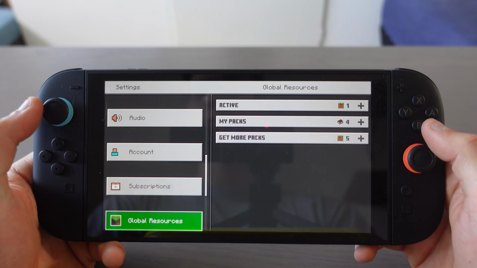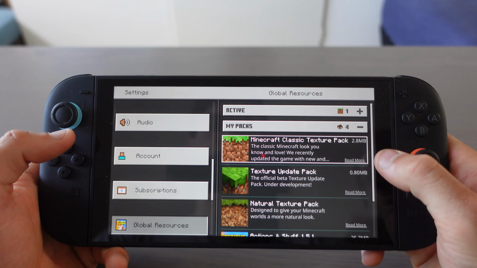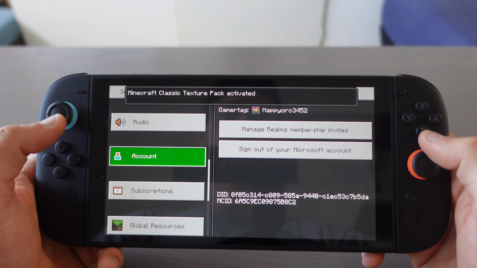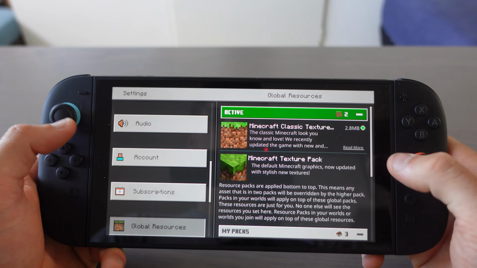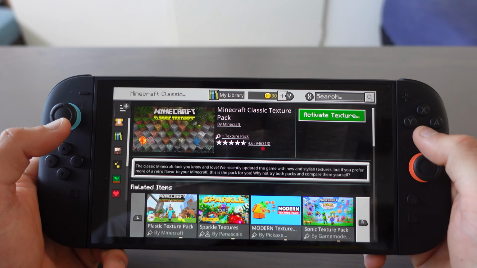Now we are in global resources, and if we go to my packs, select the Minecraft texture pack and then select activate. And now if you go to active, you also see that the Minecraft Classic texture pack is active. So if we go back,